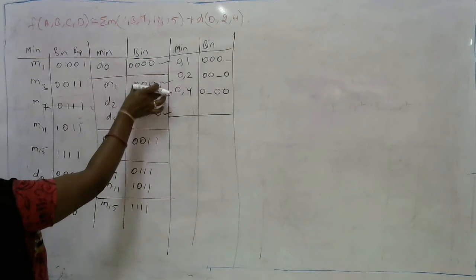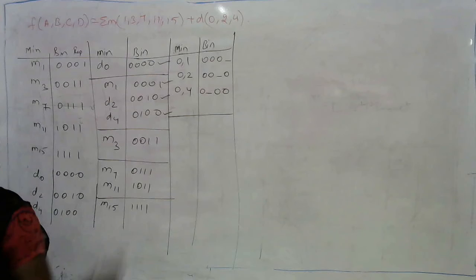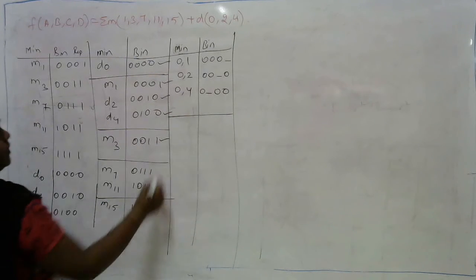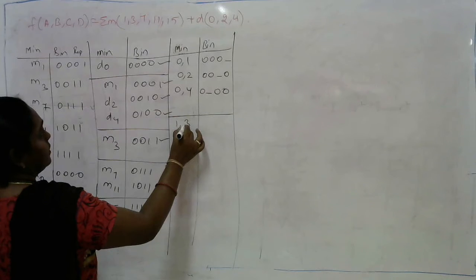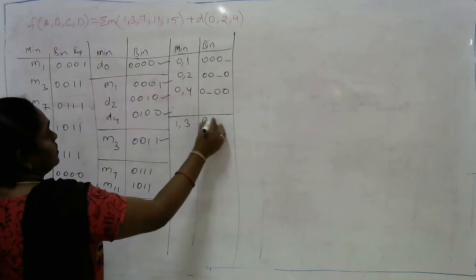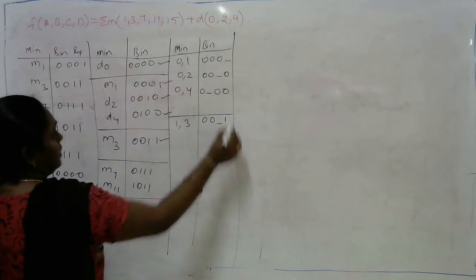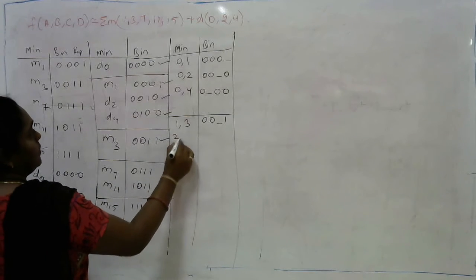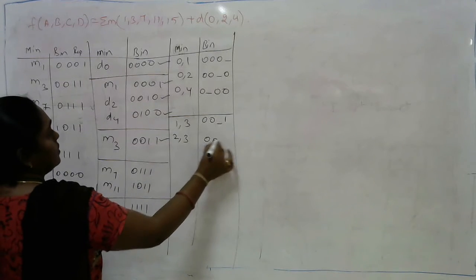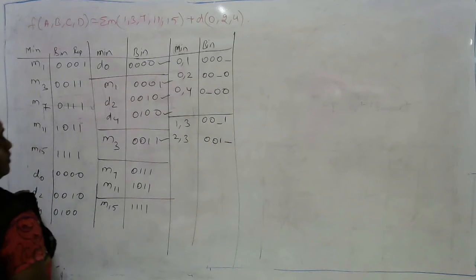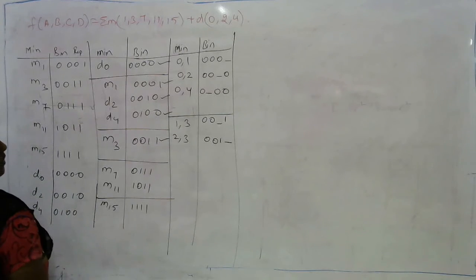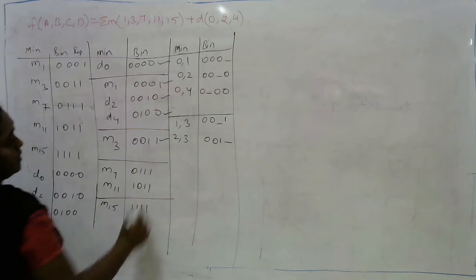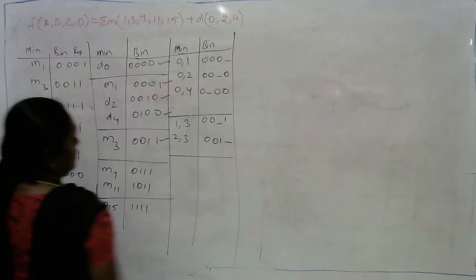Again compare partition 2 minterms with the 3. As there is change in a single bit position for 1 comma 3, again I am writing 1 comma 3. The change is 0 0 dash 1. Similarly 2 with 3, there is change in single bit position, 0 0 1 dash. Check for 4 and 3. There is change in the 3 bit positions, so we cannot consider that. So this is the second partition.